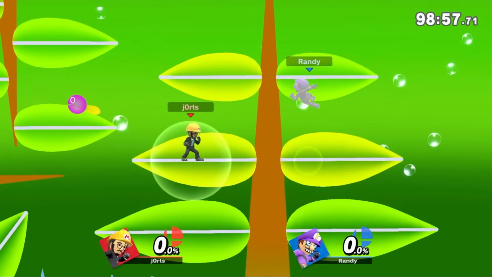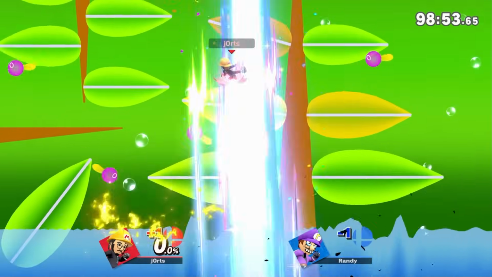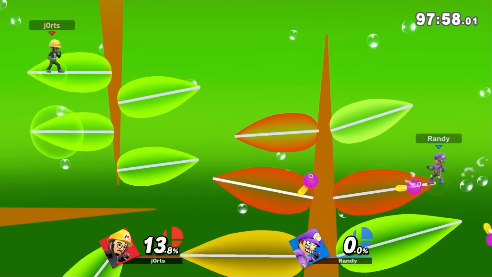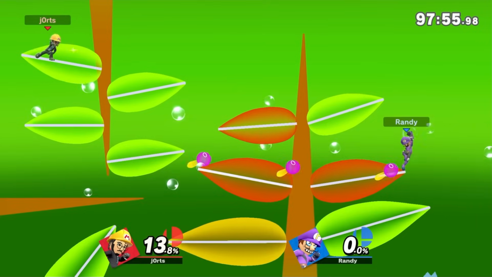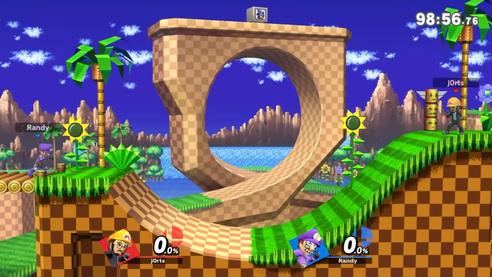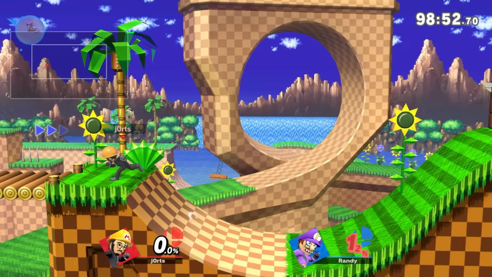Moving on from the arcade games and onto, whatever this is. We got some leaves, some water, and bouncy musical balls. I mean, I guess this is pretty safe. 6.8 out of 10. Onto Green Hill Zone, where on the surface, it looks like a perfectly safe stage until